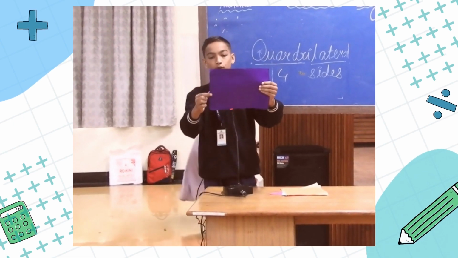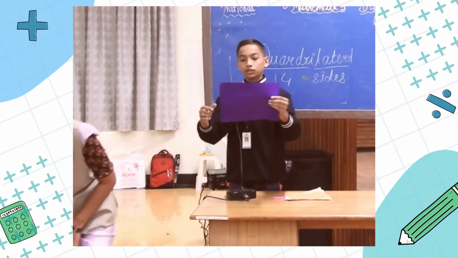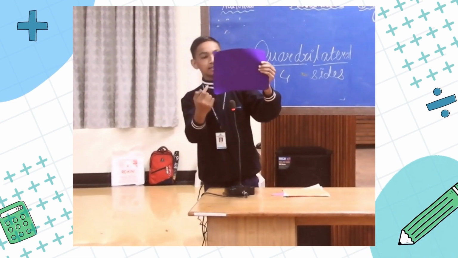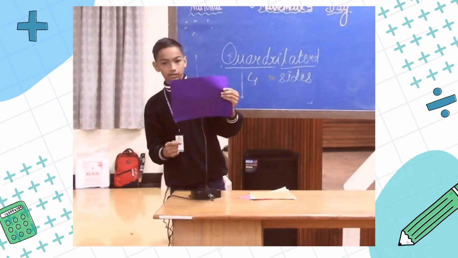All angles are congruent, that is, they are 90 degrees. Then the diagonals are congruent, meaning this diagonal and the second diagonal will be congruent. Then the diagonals bisect each other. So now,